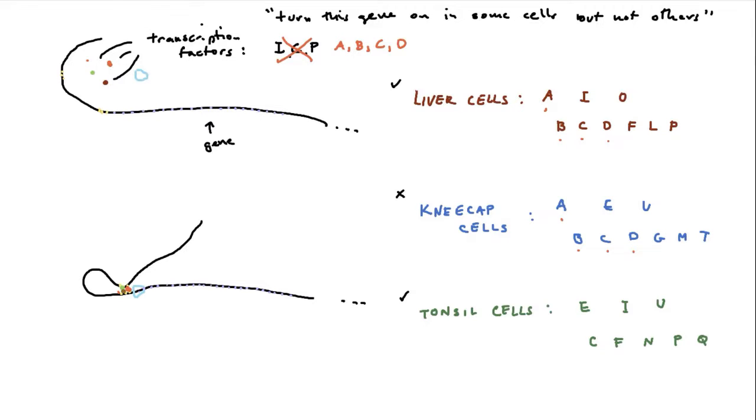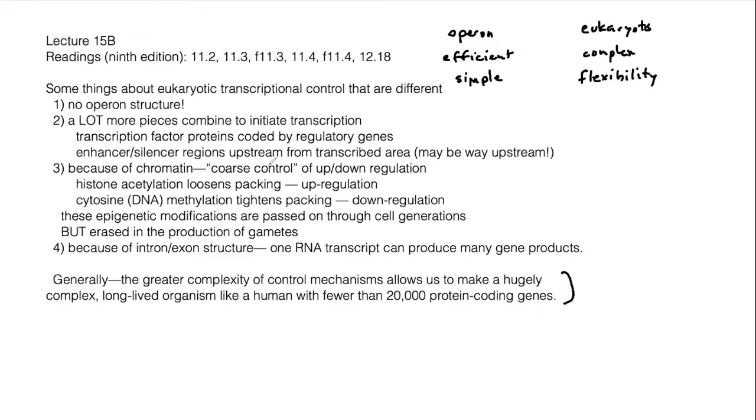Okay, so let's go back to our previous slide. No operon structure, you got that. There are a lot more pieces to control the transcription of a gene, regulatory genes. Oh yeah, and by the way, all these transcription factors, this is sometimes a little bit confusing. The things that we are identifying as transcription factors or activators, these are actually proteins,